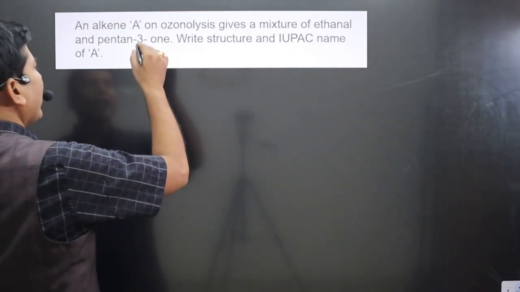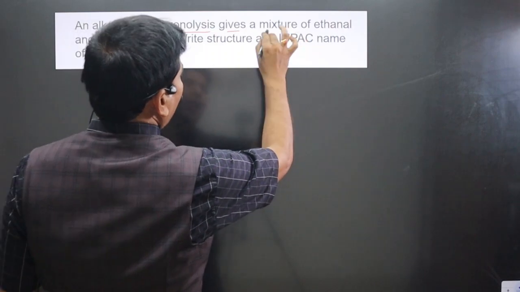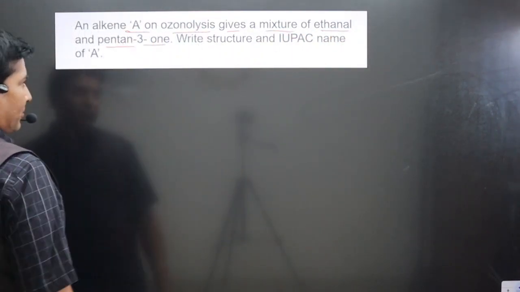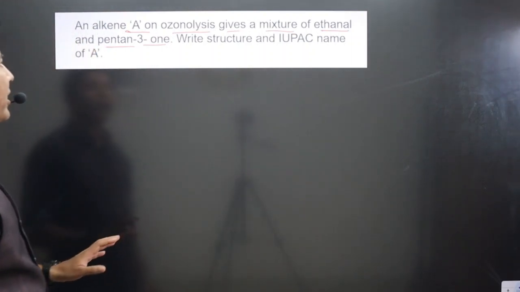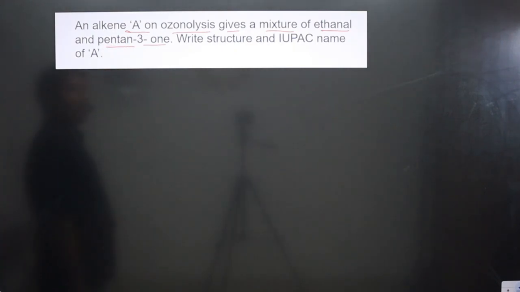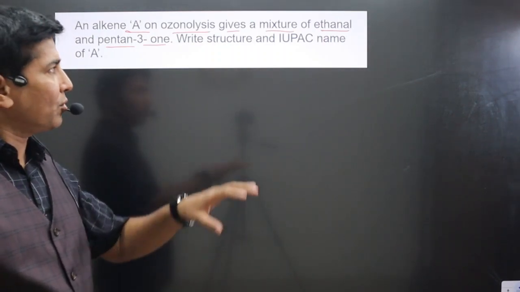The question says an alkene A on ozonolysis gives a mixture of ethanal and pentan-3-one. Write the structure and IUPAC name of A. We have to determine the chemical formula of A, that is, what alkene it is. First of all, we understand how we do this kind of question, because in the NCERT textbook there are two to